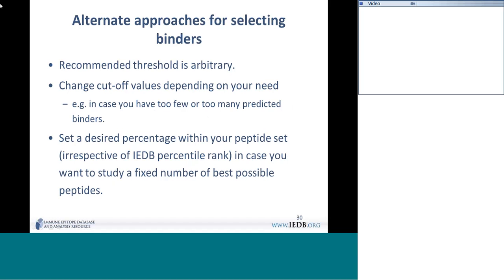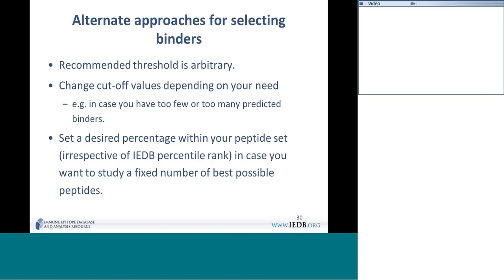And now I want to explain further on this threshold for the cutoff guideline that we recommend. For individual alleles we recommend roughly 10 as a potential threshold for selecting the binders. But this threshold is not a rigid hardline threshold. It's kind of arbitrary. We got this number from our own experiments and experience. So it's not a hardline number where a peptide with 9.98 is a strong binder and 10.02 is not a binder. It's not like that. It's kind of an arbitrary rough guideline. So depending on your purposes, you can change that